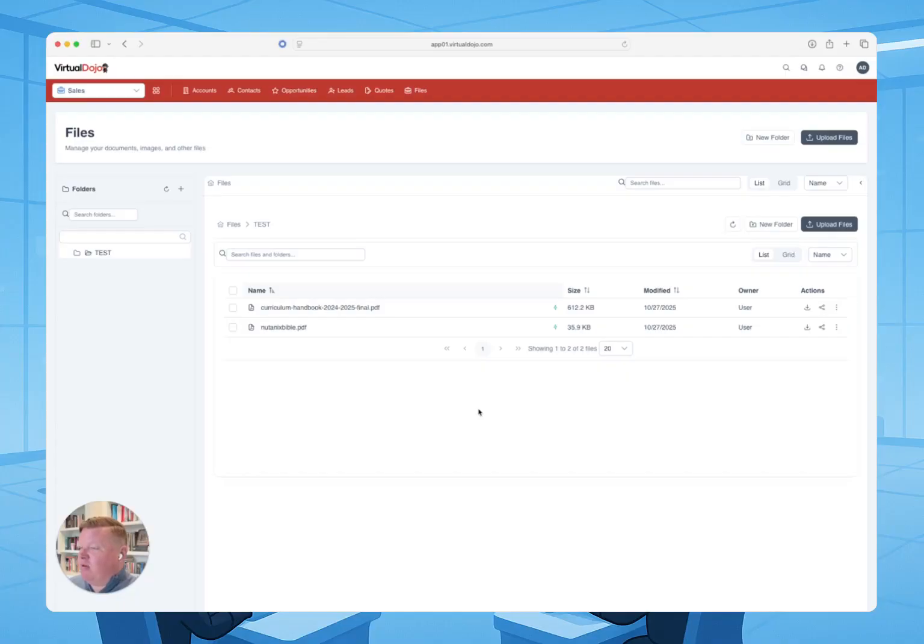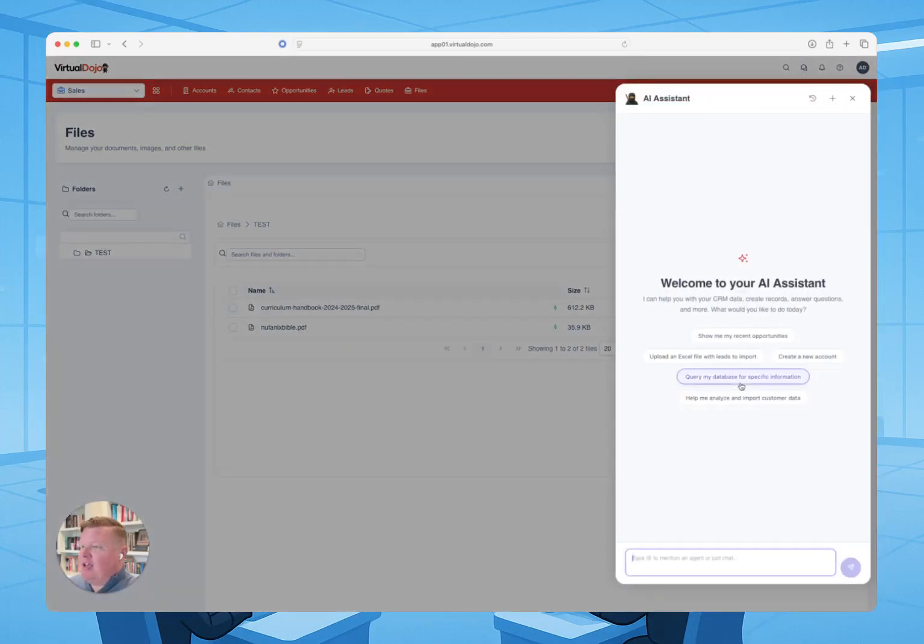Every file that you upload in Virtual Dojo is gone through and we vectorize all the content so that you can speak authoritatively about this information. One of the best examples I could think of, a technology that I'm very familiar with, is Nutanix. So you've got this file right here, the Nutanix Bible. And what that does is it gives me the capability of asking very technical things that an AI wouldn't necessarily know. And how many Nutanix nodes do I need to enable